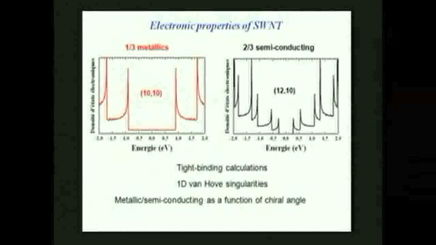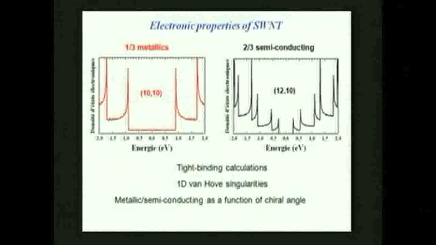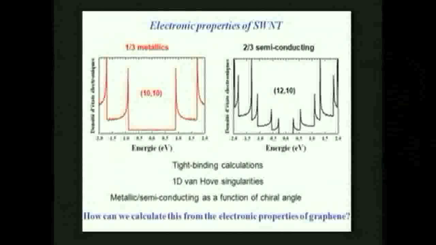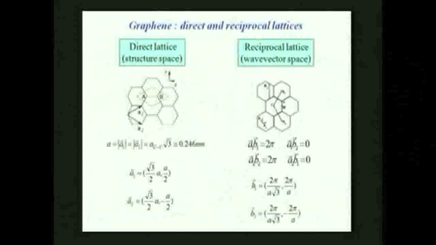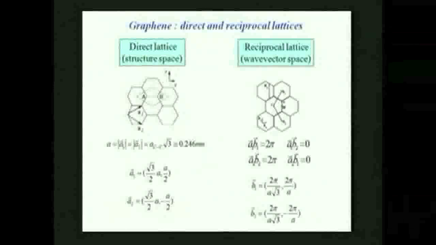So we'll try to understand that. How can two nanotubes which are built from the same graphene sheet, with chiral vectors which are very close to each other, have such different properties? For this, we have to talk about reciprocal lattice. To calculate the electronic properties, we have to go into the reciprocal lattice. So once again, I will try, for those of you who are not familiar with that, to give a simple definition. But unfortunately, we won't have time to go into the details,